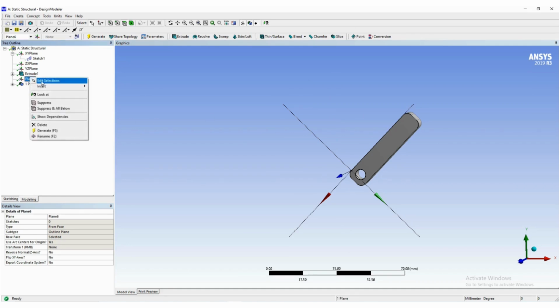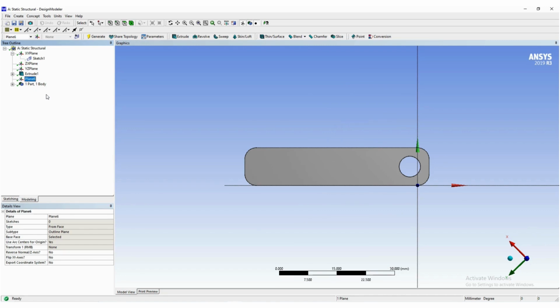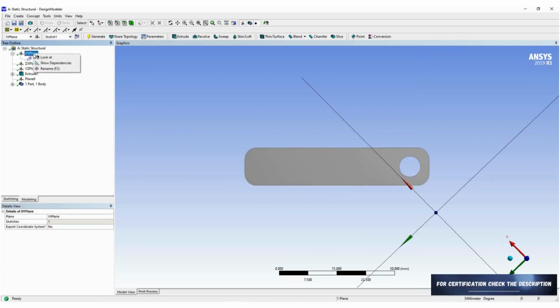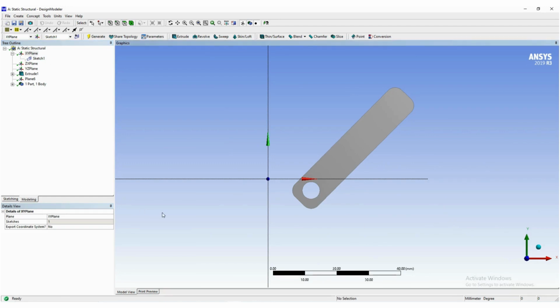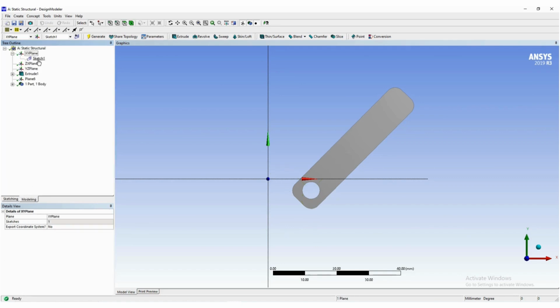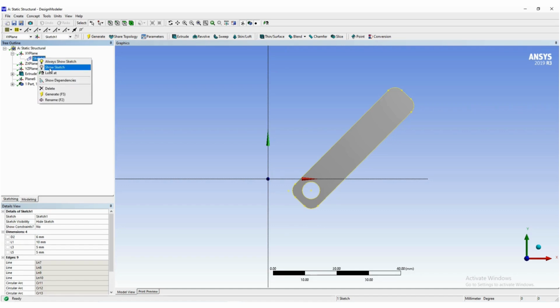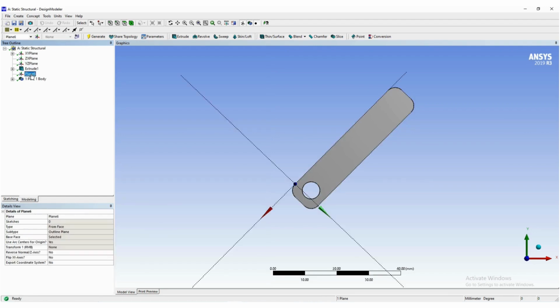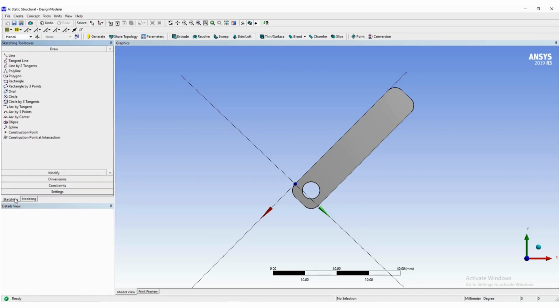Now I'll make this plane look at. Okay, and if you see here, this one is there, or simply you can go here and make this as a look at. Okay, now if we go here, we have our sketch option. So this is our hidden sketch. Now we'll just minimize this one, and we'll go on to plane 6. Okay, now we'll go in sketching. I'll draw one circle over here,